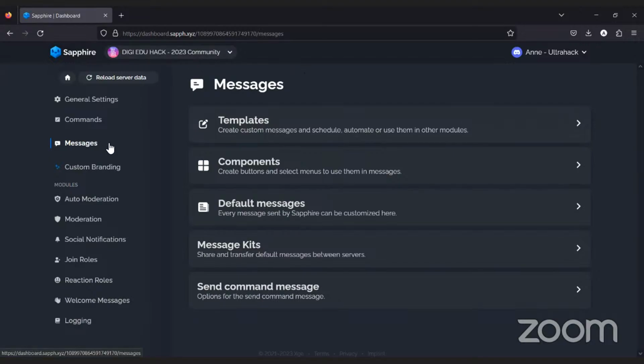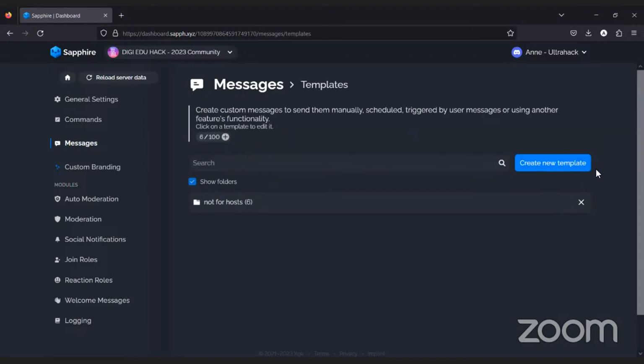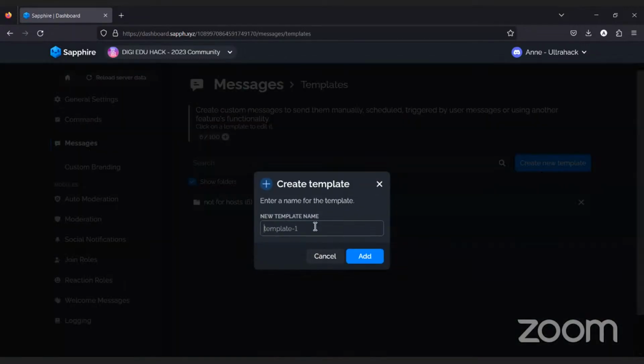In there, you will only have access to the messages section. That is how you will be able to create your join your team automation. First, you will have to go to templates to create the message. You can create a new template, give it a name based still on the naming convention we have for the events, meaning country code, starting date, and then format,